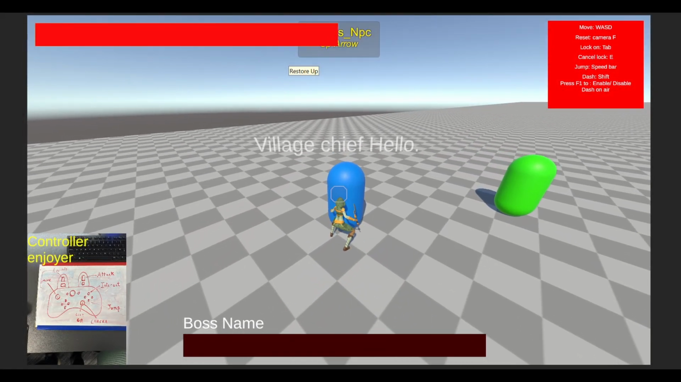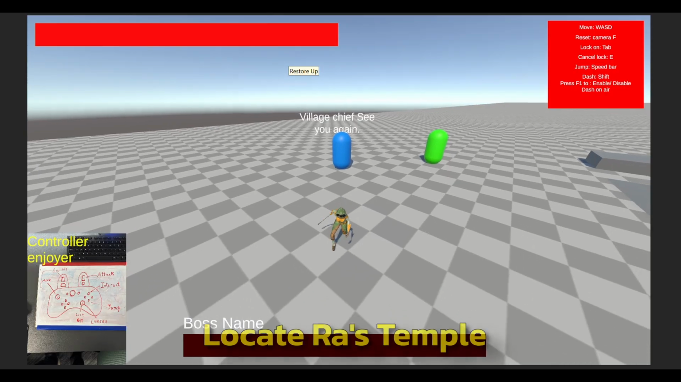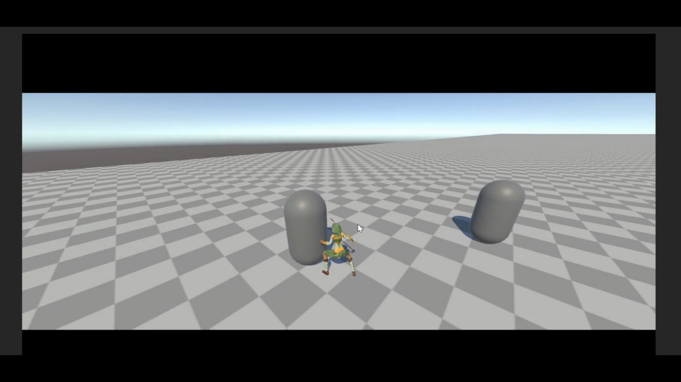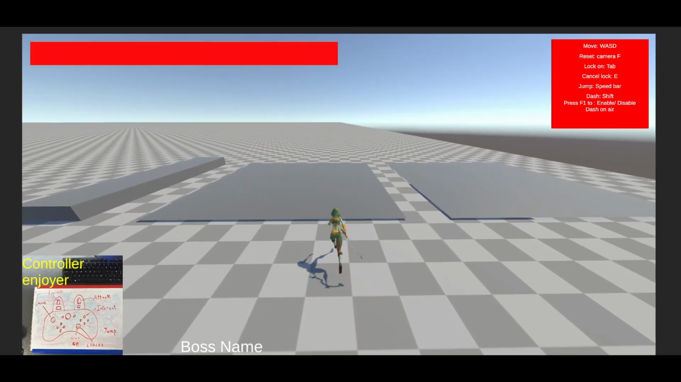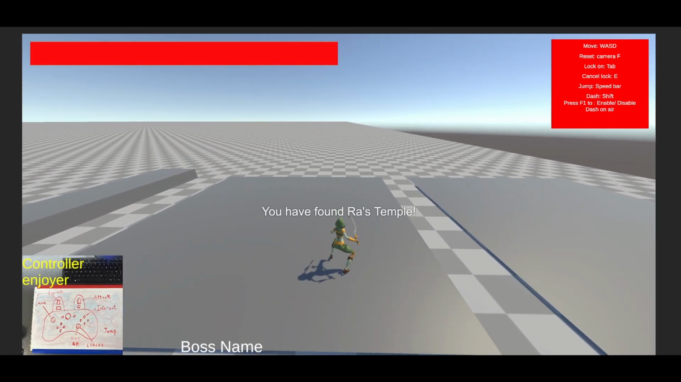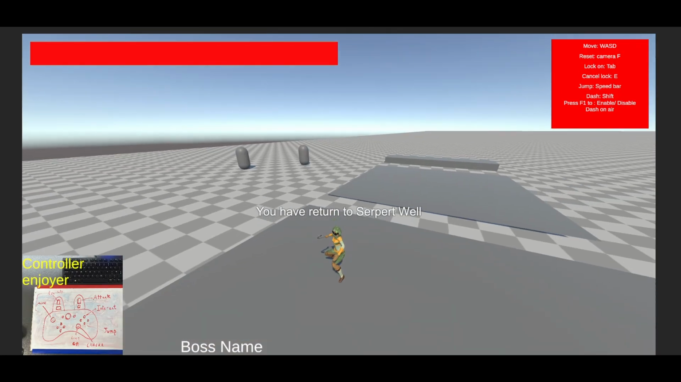There are currently 3 quests created. The first one is called Locate Ra's Temple, which is to find Ra's Temple by having the player step on that spot, and then a message will appear saying that it is complete and to return to the specified spot. This quest is called Return to Serpent Well,